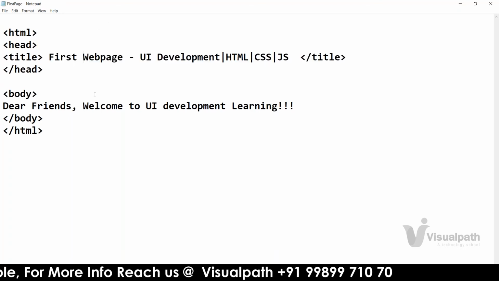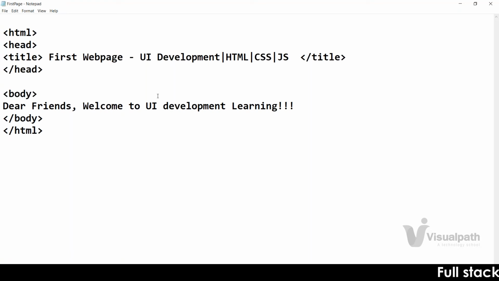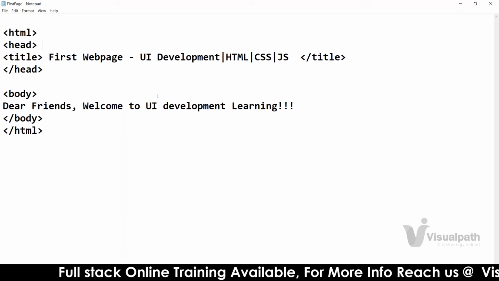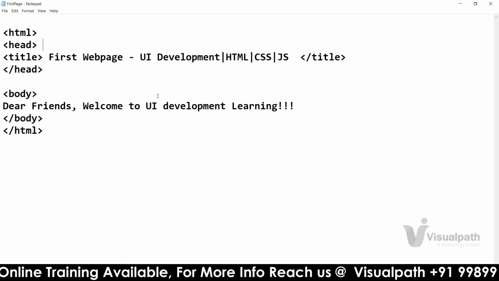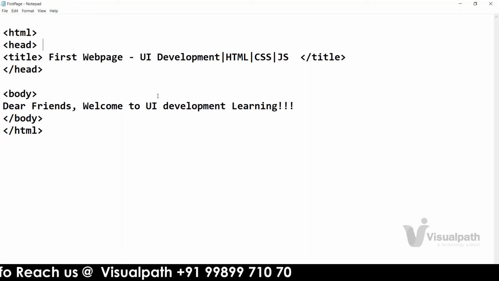So write this in an editor like Notepad. Write this and then go for the option called file and then save. When you're saving it, give some name like ABC, but .html, and then make file save type as all files, not as text. Do this and try to save it in the proper location. Whatever directory you created, try to save it in that folder.